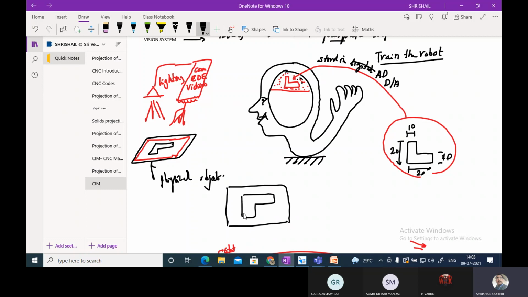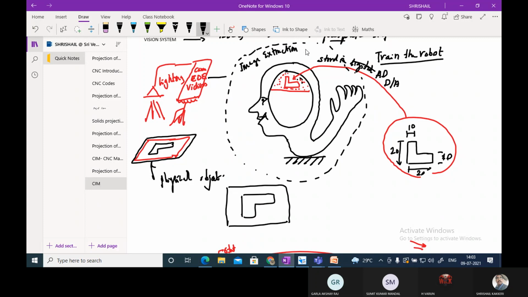And there is another one in between. Here, what happens? Image extraction will take place, image extraction from the background.